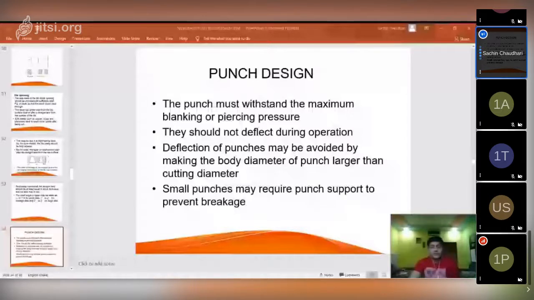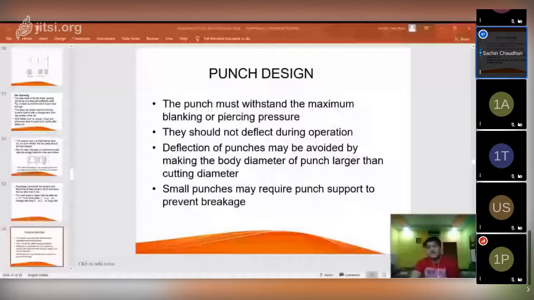So as we already mentioned, the shear is provided on the die surface of blanking operation. Okay, so the punch is usually provided with the wide flange or a shoulder to facilitate the mounting and prevent its deflection under loading.